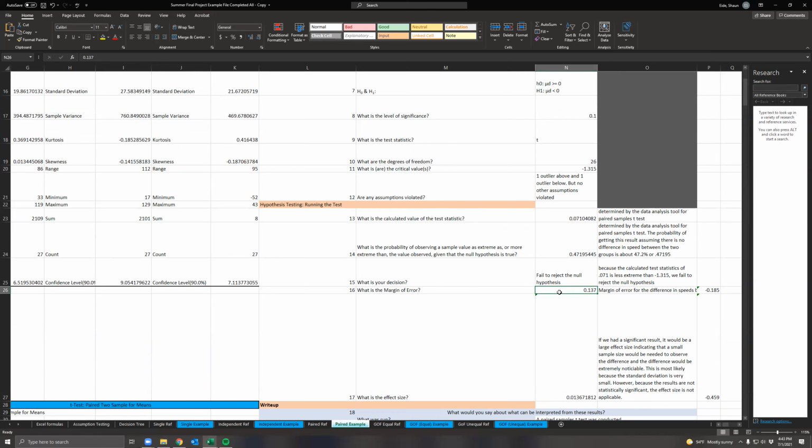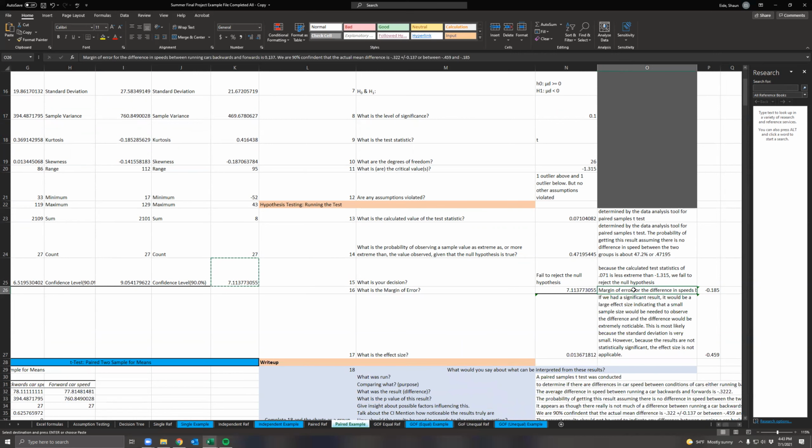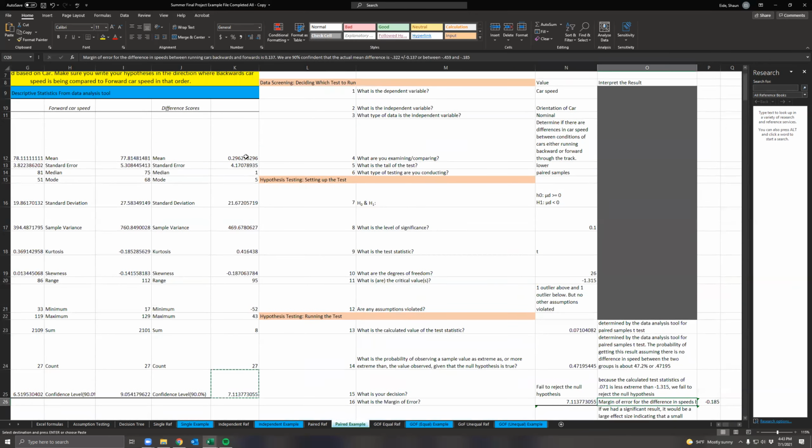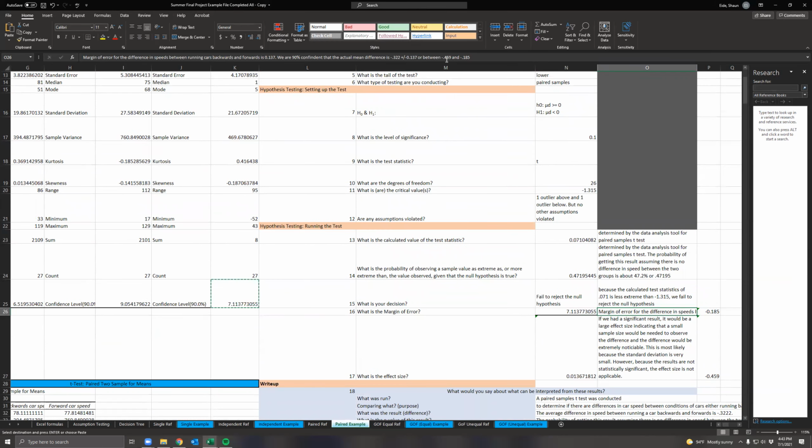So this, once again, I've got to redo. The margin of error is right here. So we're just going to Control C, and we're going to put it right there. So the margin of error, we are 90% confident that the actual mean difference is, so put the mean in there, 0.2962. Okay, so let's do